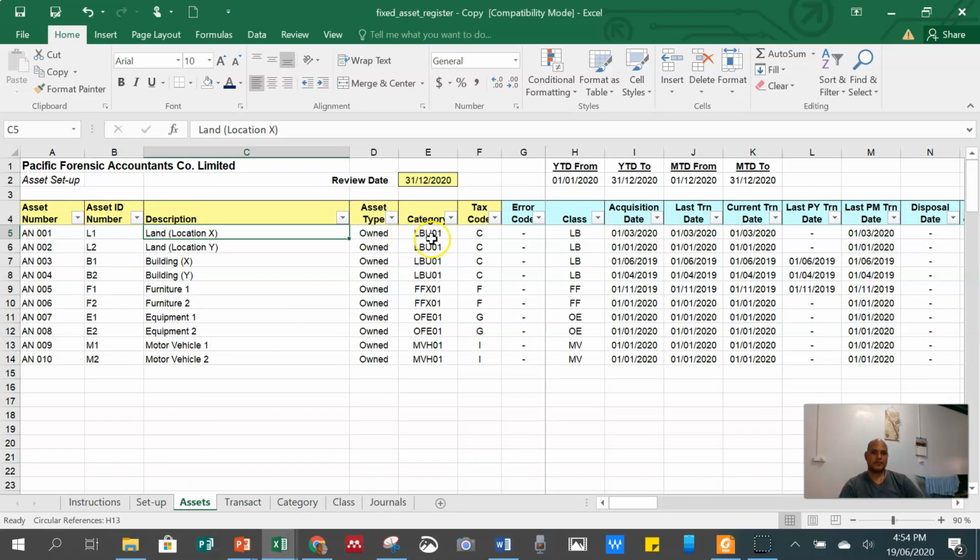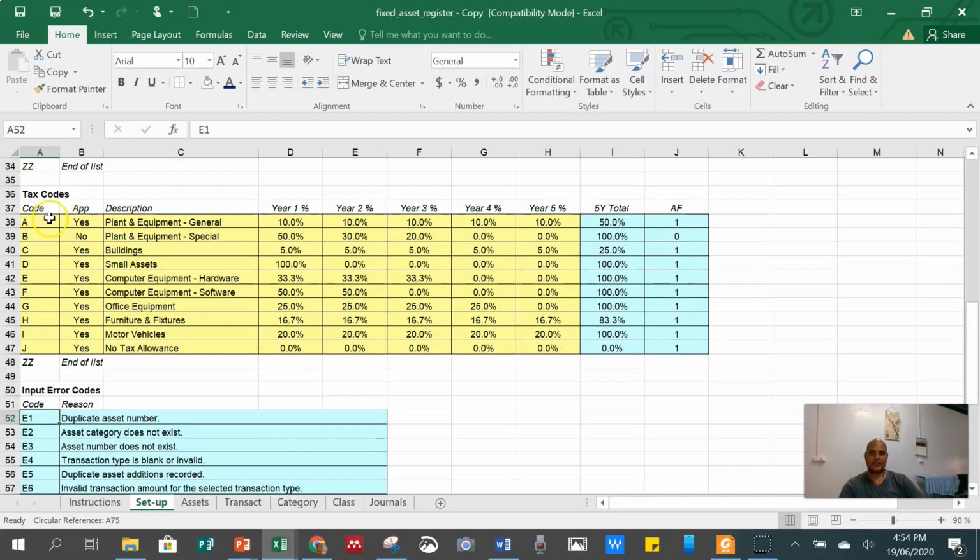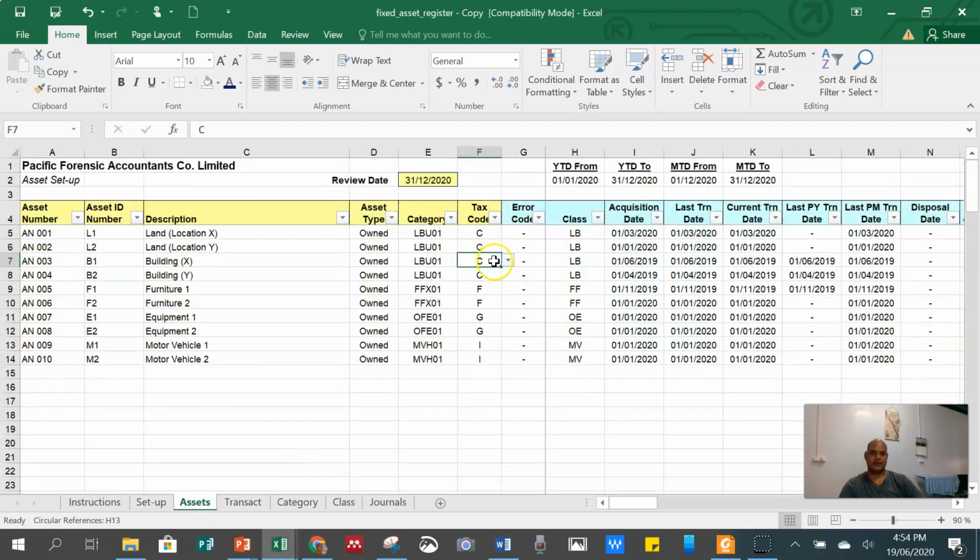And so this information that is here is fed by you, because this information is a land. And if it's a building, you have to change this one to a building. And if this is a building, then you have to update this one. This one is updated from going to the setup, then you look here. Under your tax code, building comes under C, for example. That's how you fit into the C here.